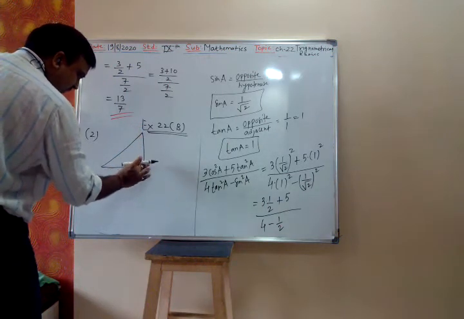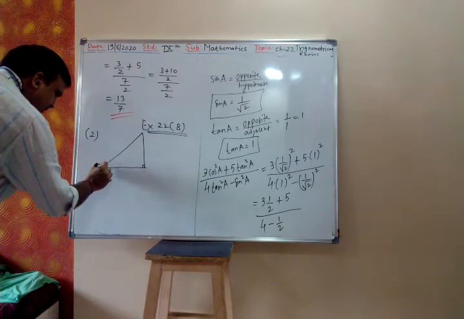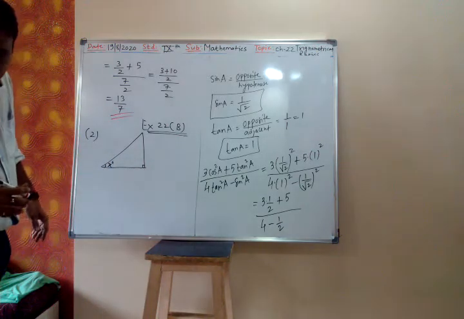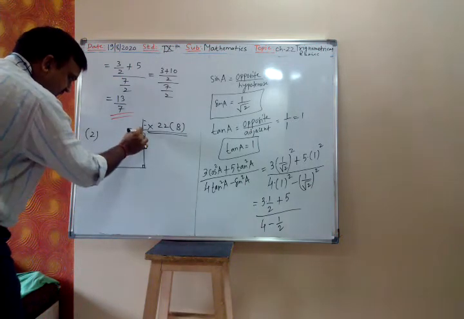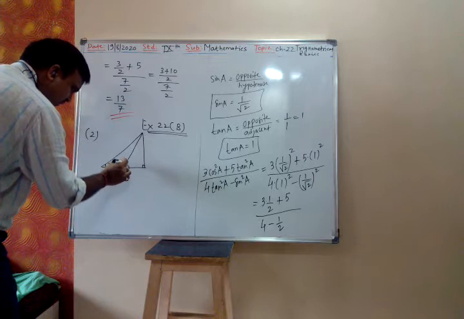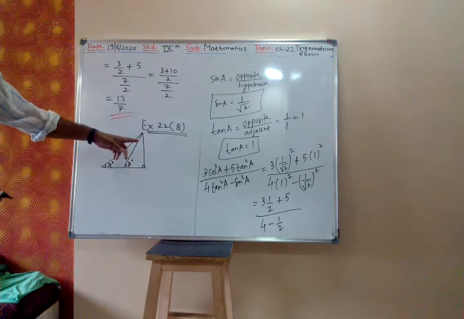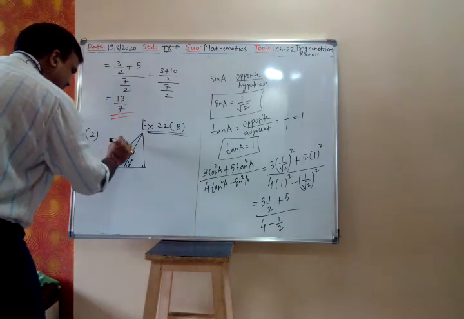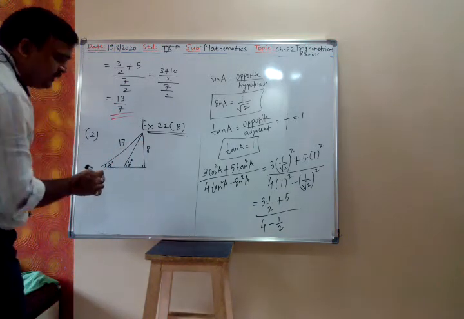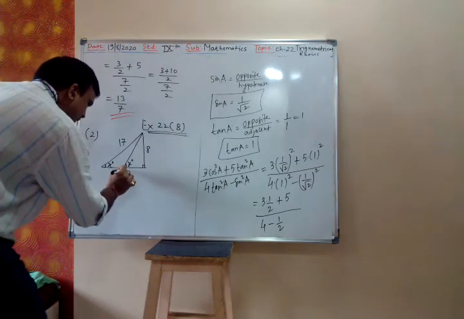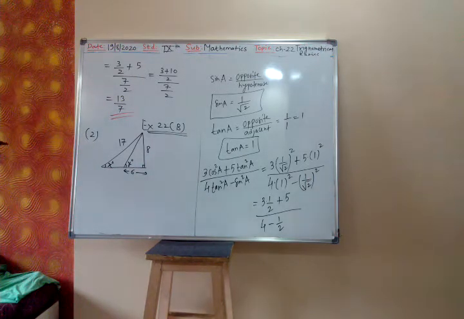22b. This is x degree, then you have y degree. This is the question. This hypotenuse is given as 17, this perpendicular is given as 8, and from this side to this side it is given as 6. This is the given information.